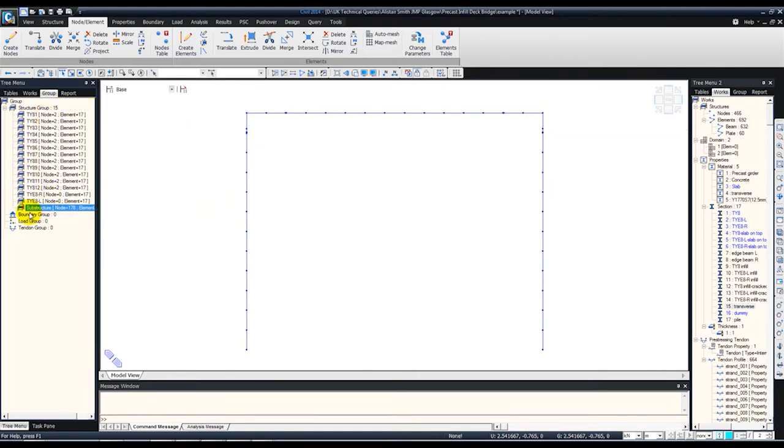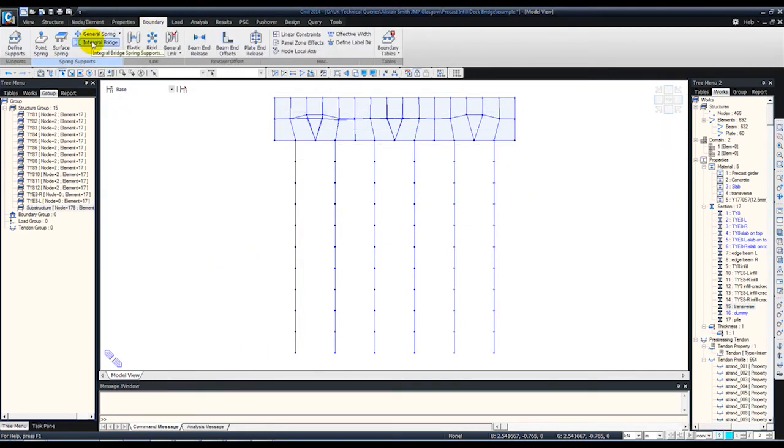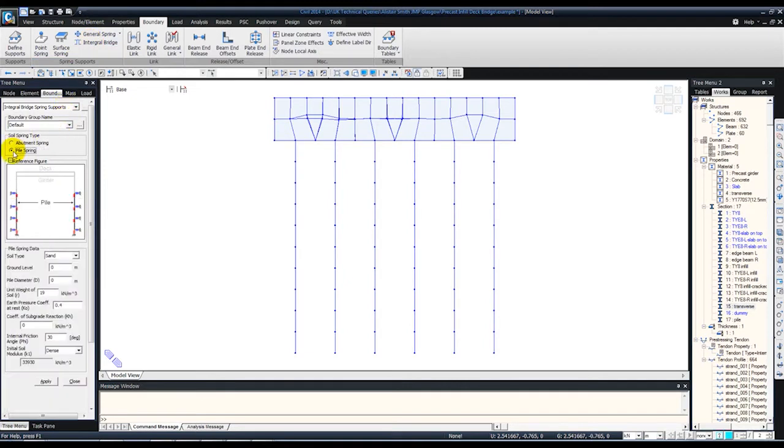We also need to create boundary groups. So first I'll define the boundaries. It's an integral bridge, so we'll define the soil stiffnesses, spring stiffnesses around the piles. So we'll go to boundary, integral bridge, pile spring, and say first